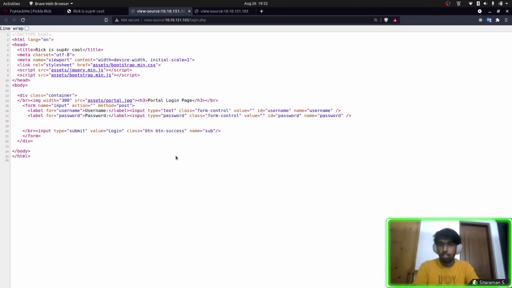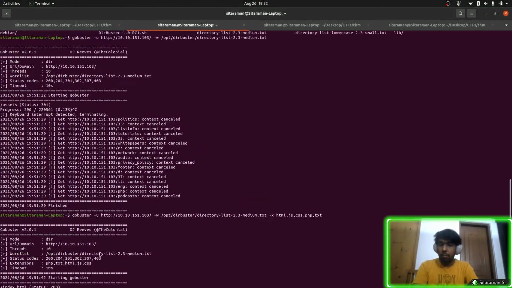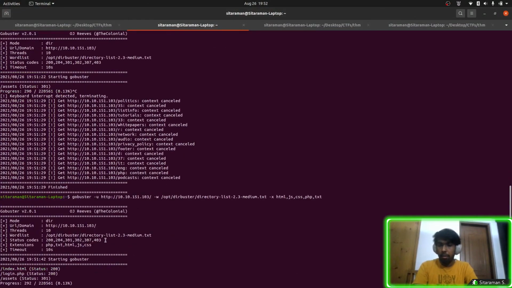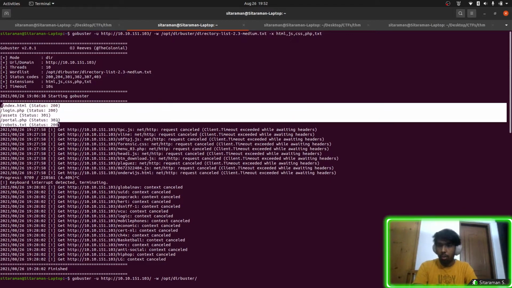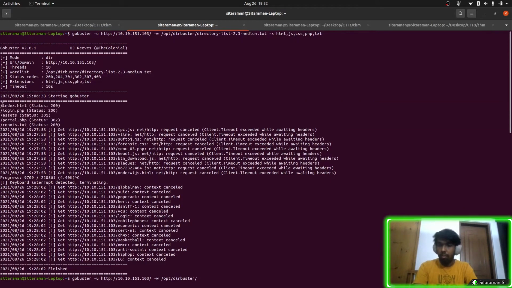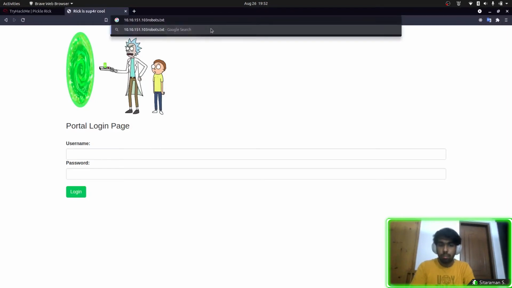Let's see its source. We have nothing here, I think. That is fine. Probably this scan will take some time, but I've already run it, and we've got a few files we might want to check out. We've got a robots.txt file, so we'll just go to slash robots.txt.